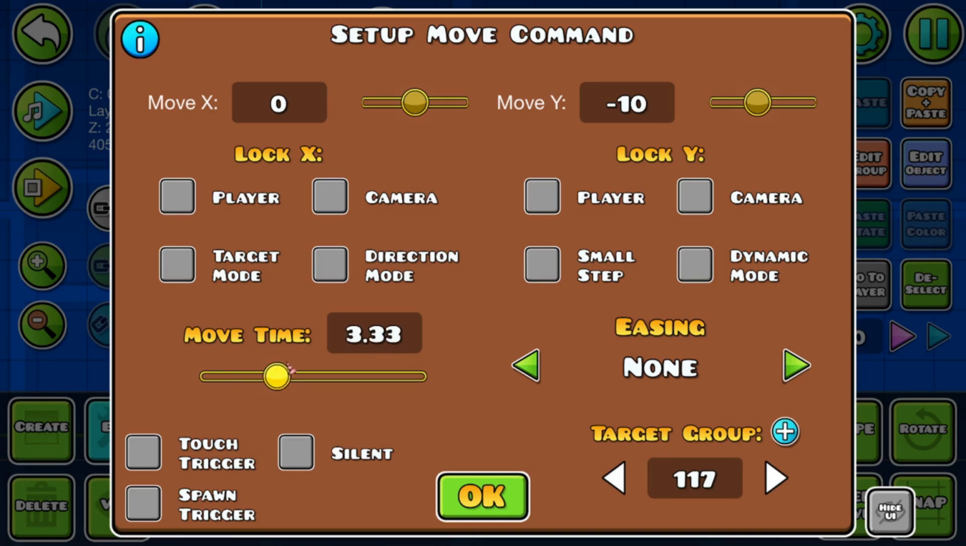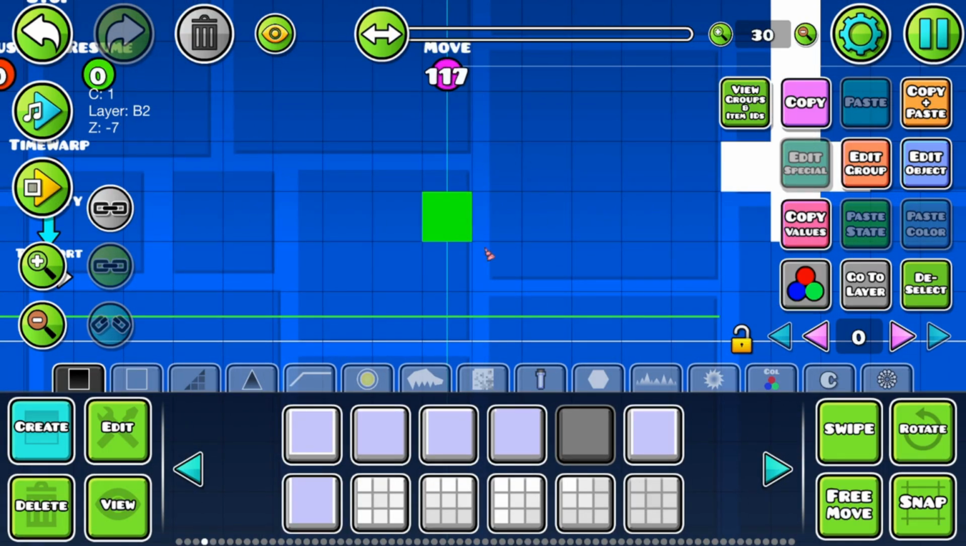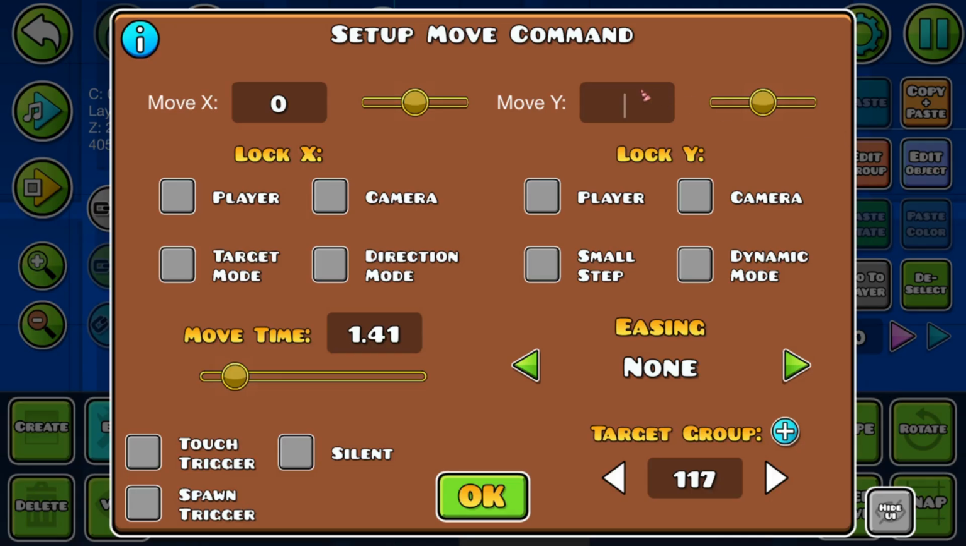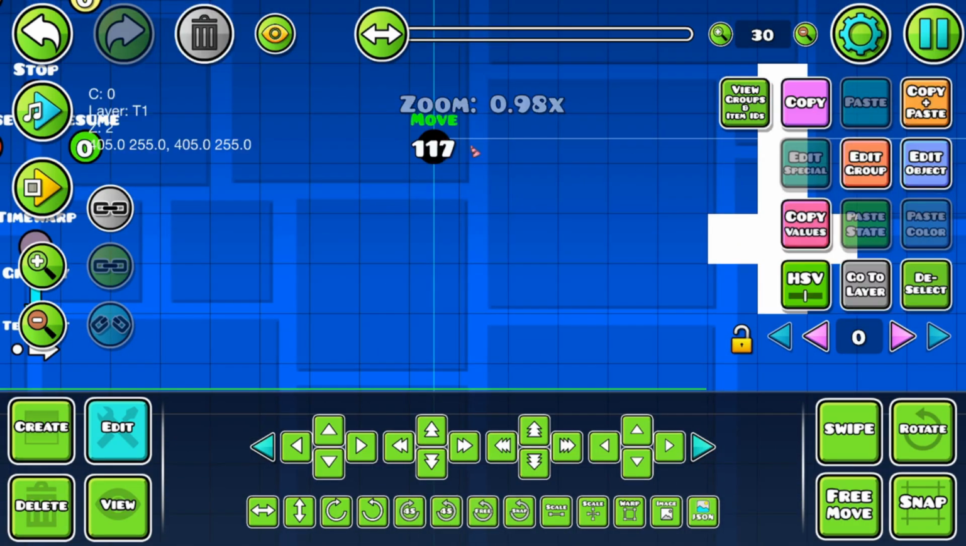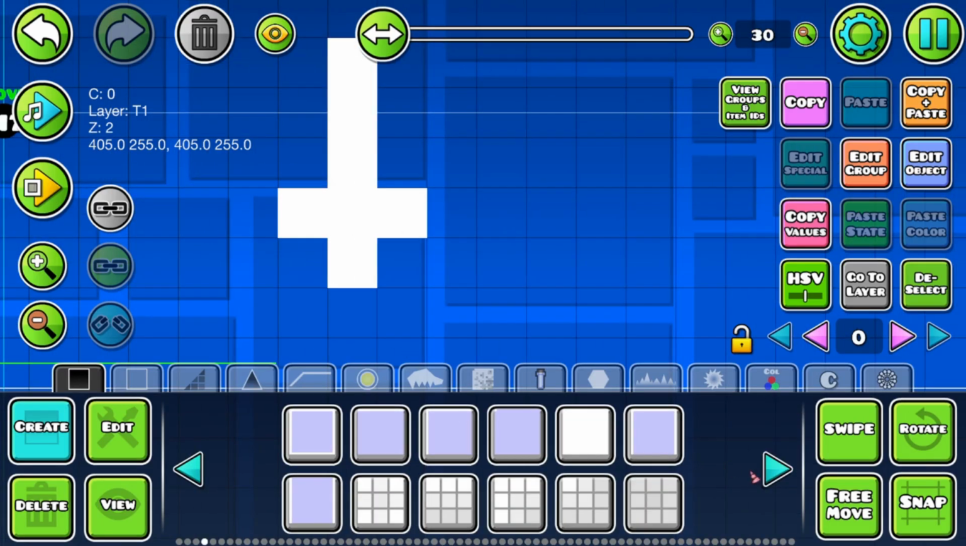You can see it also has a move time, which is like the fade time for the color trigger. About the numbers you have to put here, you have to have in mind one very important thing. One block of distance is 10 units here. So 10, you can see from before that if I do 10 on the x-axis, and I put some blocks